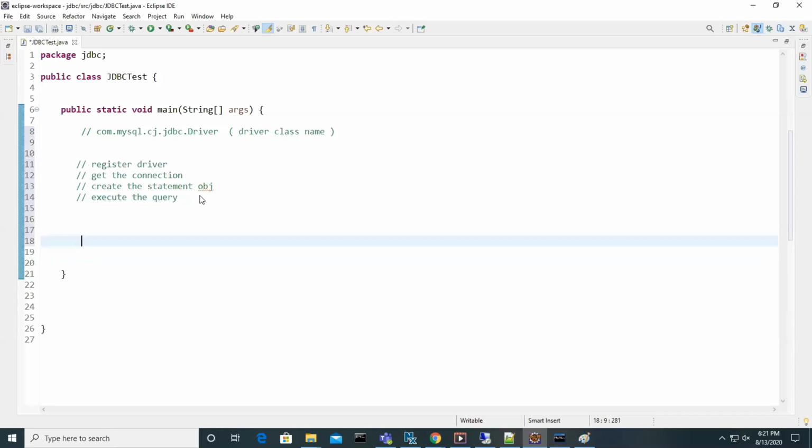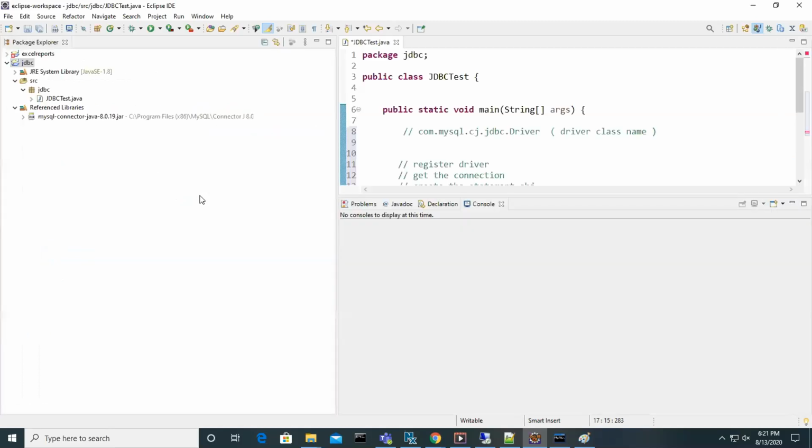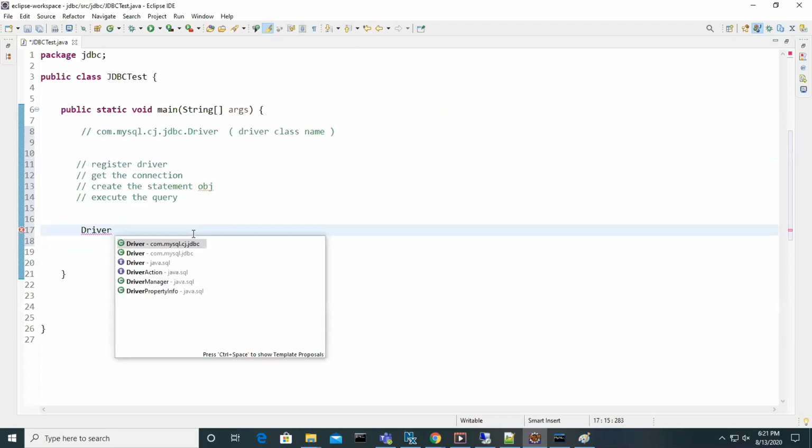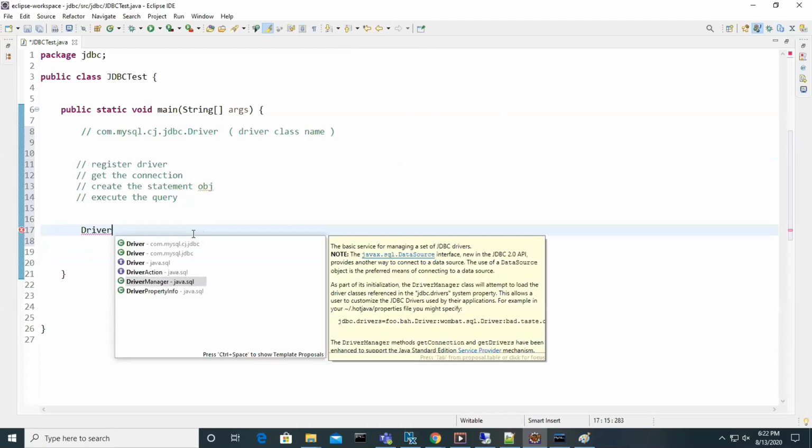Let's see that. There is a DriverManager class. Where is it available, guys? Is it part of the connector or java.sql? Java.sql.